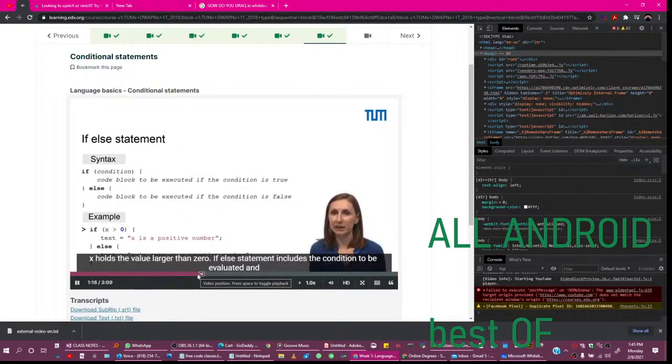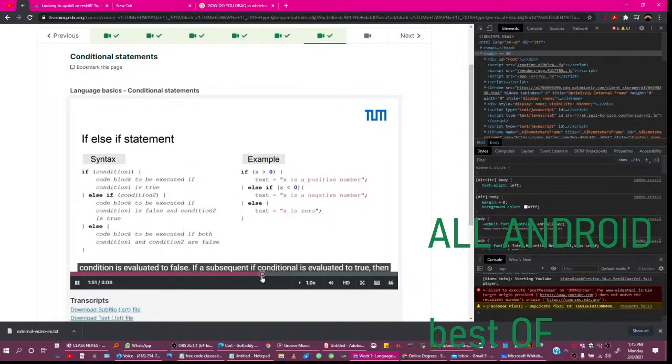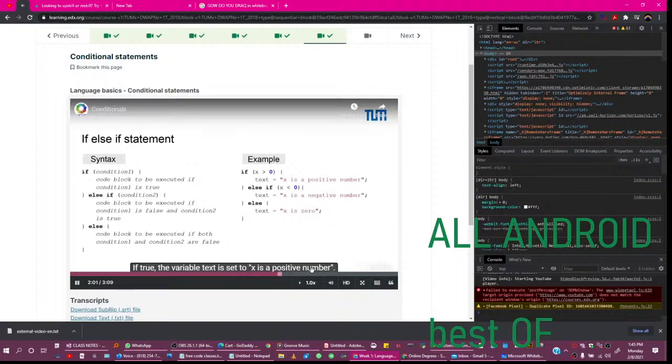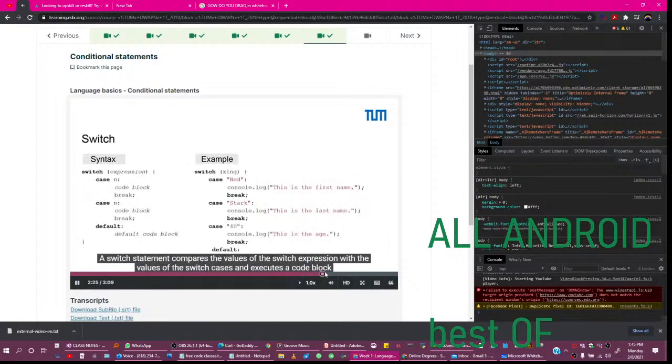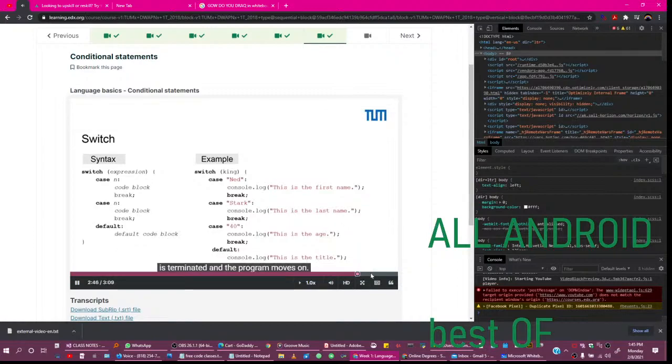Else statement includes a condition to be evaluated and the block of code executed in case the variable x is a positive number, condition is evaluated to true, then the block of code that follows this else if statement is 0. If true, the variable text is switch cases and executes a code block associated. The whole switch statement is terminated. Consequent code blocks. Specify a block of code that